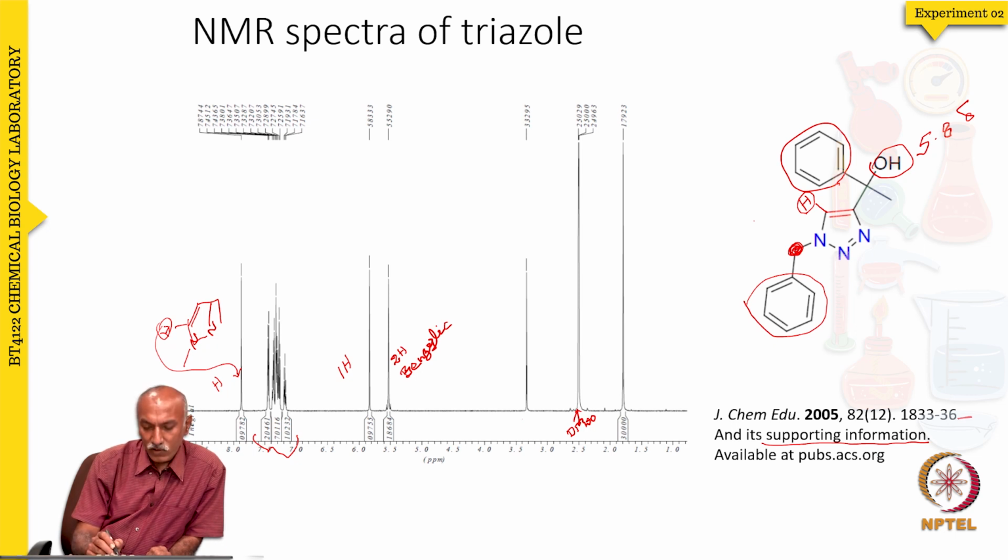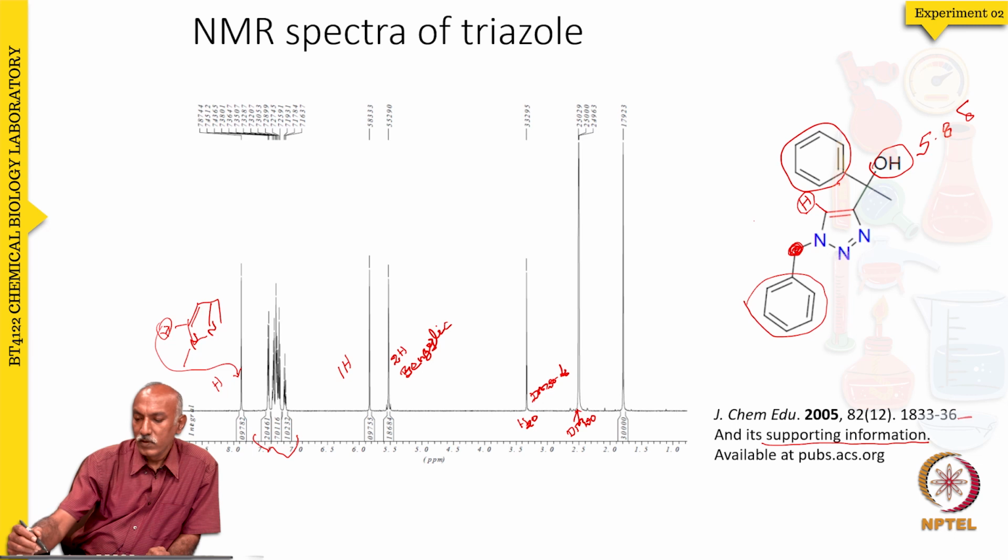Another one, the water present in the DMSO-d6, comes at about 3.4 or 3.3, and this CH3 comes at